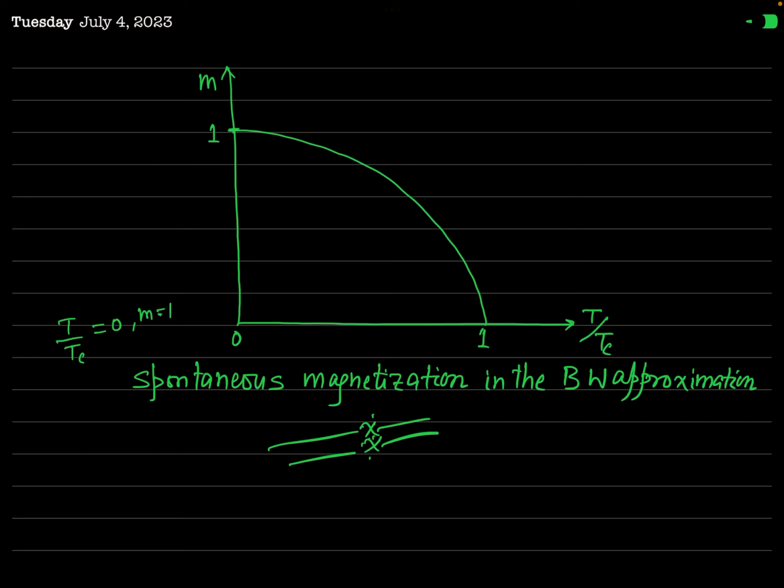Okay, and when T by Tc is equal to 1, it means temperature is equal to the critical temperature, then you can see this m is equal to 0. Here T by Tc is 1 and m will be 0. Okay. So this is the graphical plot of m against T by Tc for the spontaneous magnetization in the